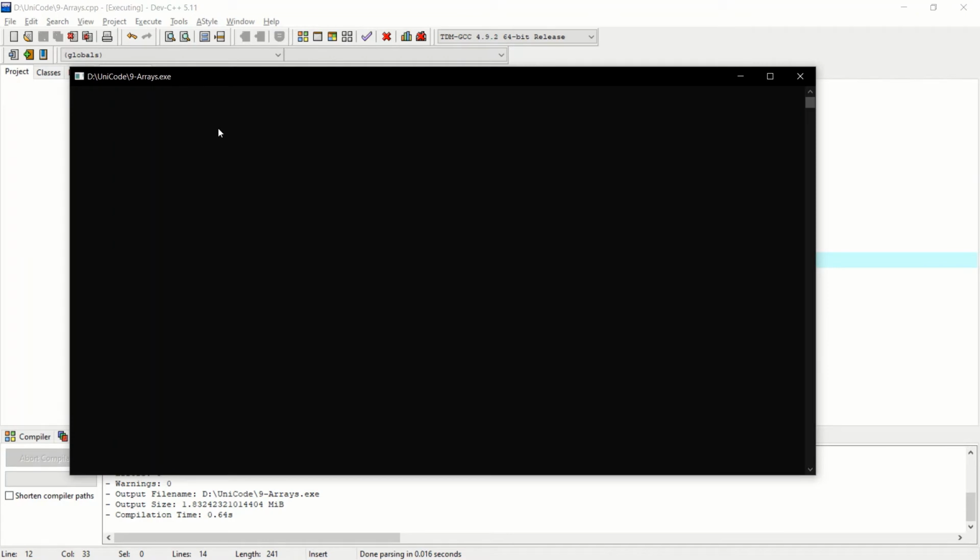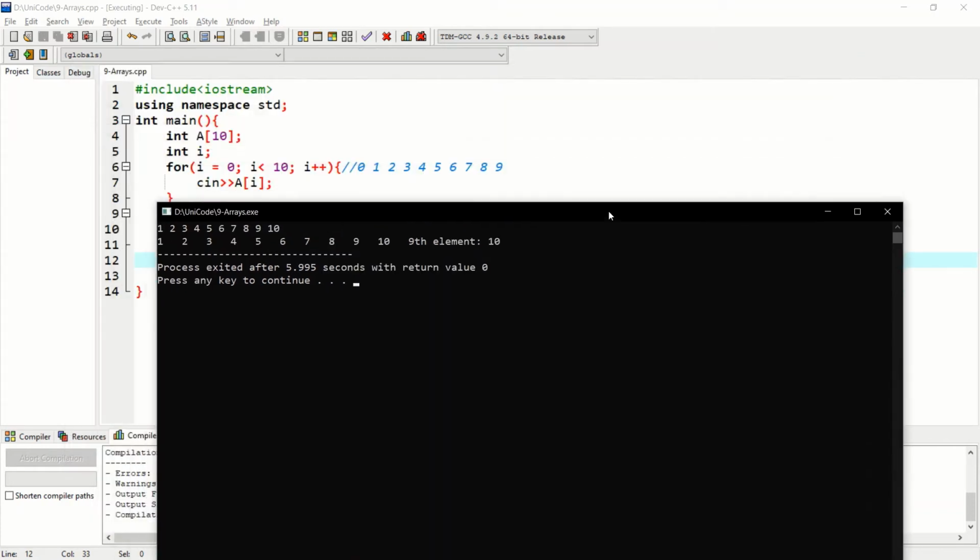If I give an input in serial order, 1, 2, 3, 4, 5, 6, 7, 8, 9, 10, you can see as an output the 9th element is 10. How is that possible? Because the value at index 9 is 10.